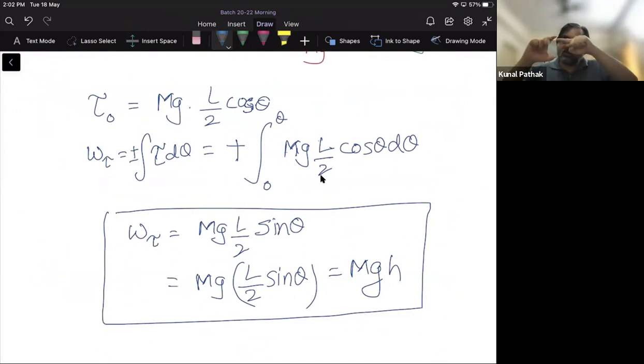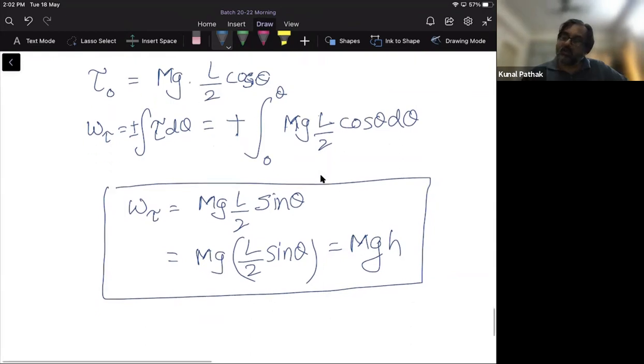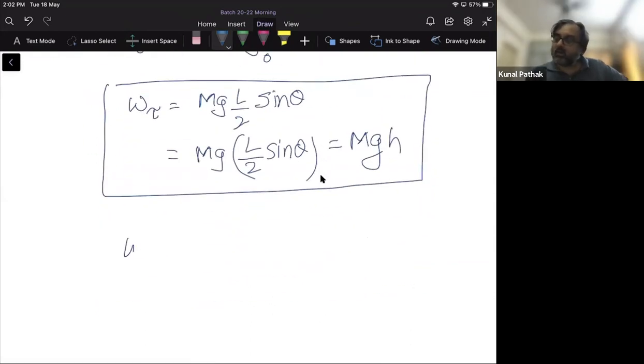Does not matter. We are only looking at the vertical height traveled by the center of mass. So I can now write that work done by torque due to mg is equal to plus minus mgh,